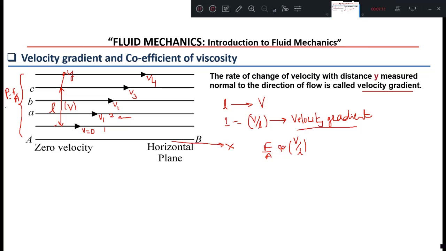If we replace this with a proportionality constant, we can write force by area is equal to mu, a term introduced, that is mu into V by L, where